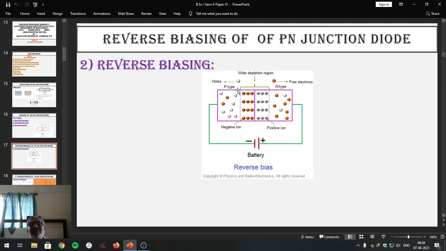As the charge carriers in p region and n region start moving away from the junction, width of depletion layer increases. Barrier potential also increases. Look at here, it is represented. Width is shown more, wide depletion layer. Why this happens? This happens because the charge carriers are moving away from the junction in both the regions. They will stretch the depletion layer to increase its width, and hence the p-n junction diode ideally doesn't conduct the current.